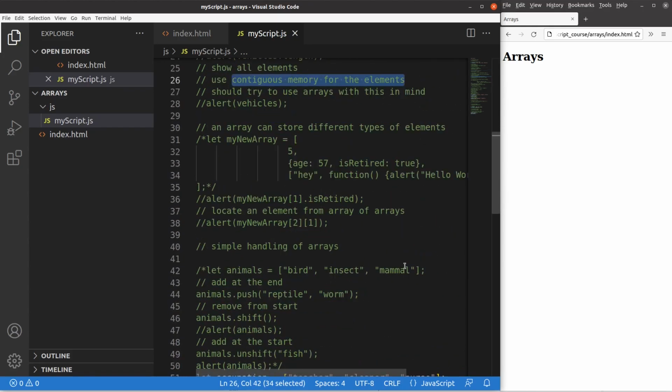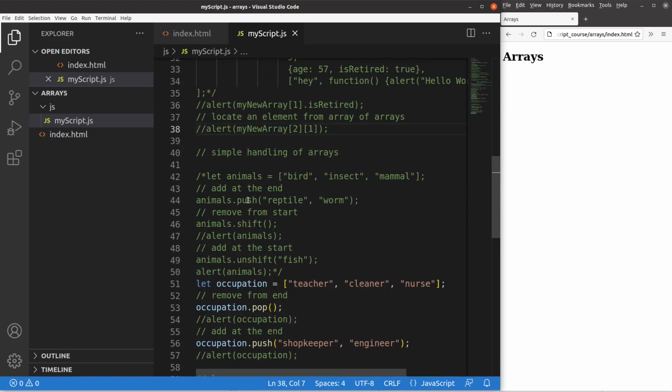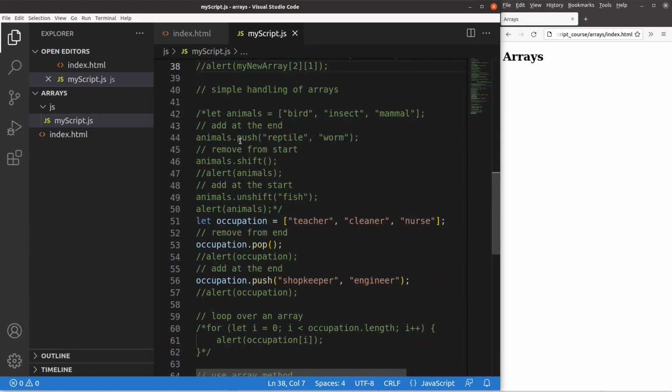Okay. We can also store different types of elements in the array, and we have introduced the way to indicate an array of arrays. We also did some kind of handling of arrays by doing the pushing, shifting, unshifting, popping,